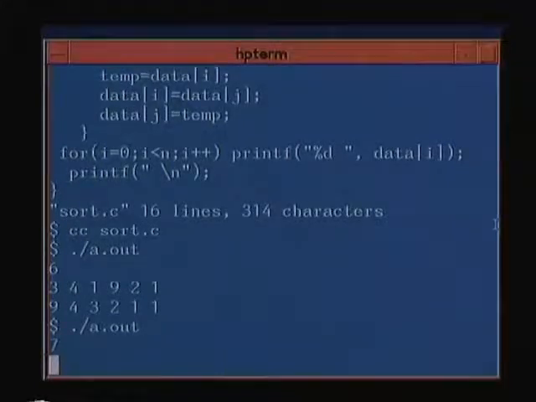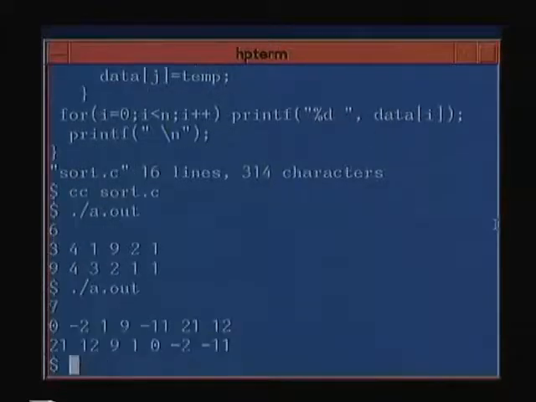Seven numbers. So this is how it gets printed. So this is the program for sorting.